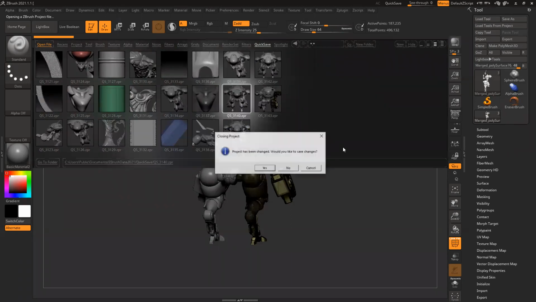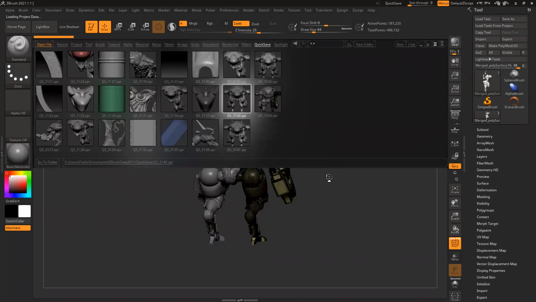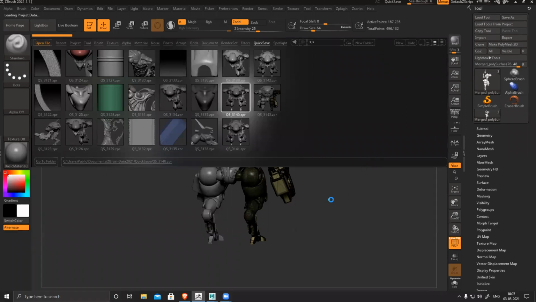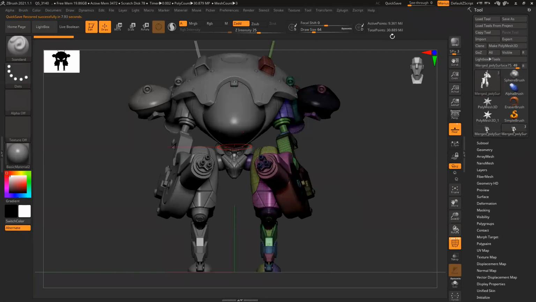Maybe this one. Let's see. I have it on decimated mesh, definitely. Just checking. So you can see it's around 30 million, and it's pretty high.